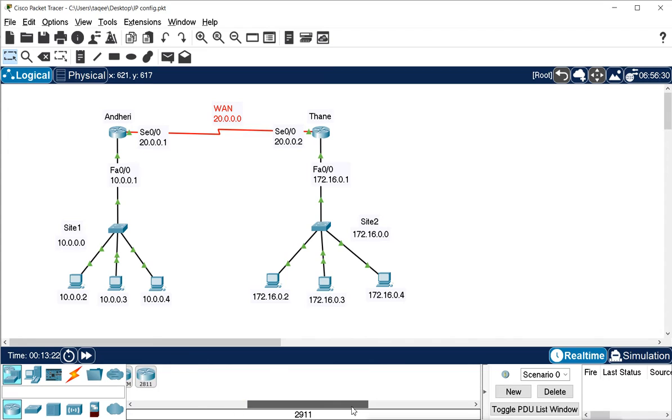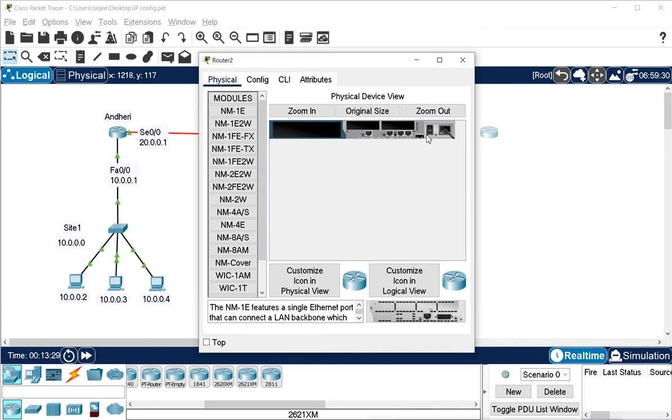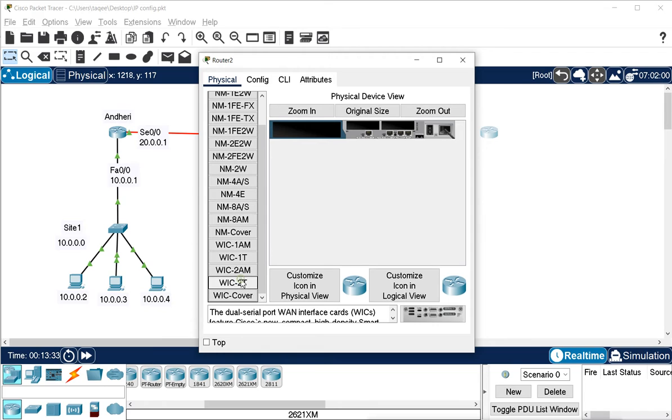So I will add some more routers here, and the router does not have a serial interface, so let me add a serial interface to it.